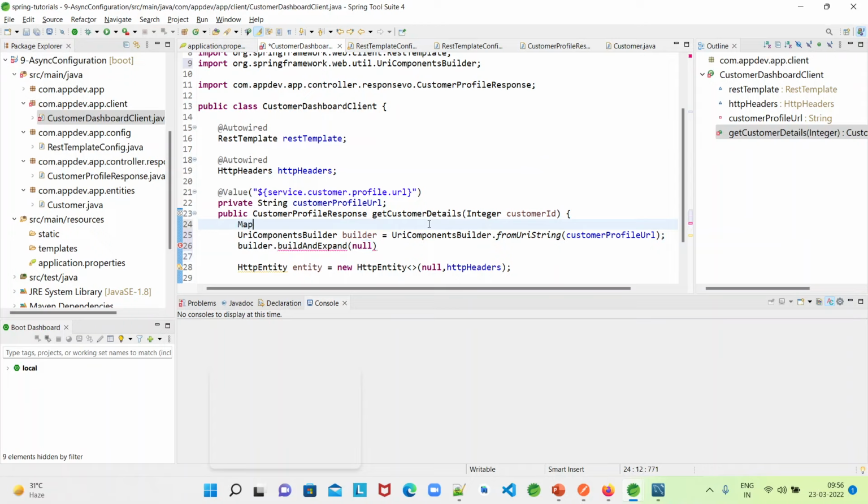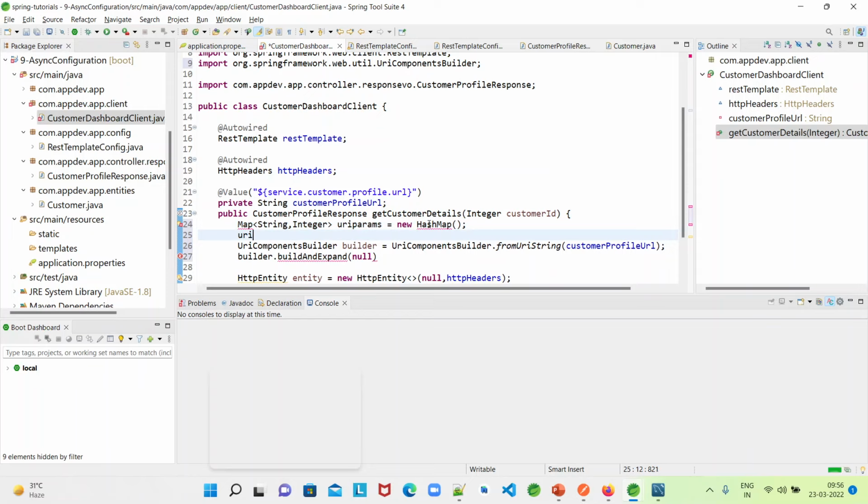So I'll mention a map, a map of parameter name and the value, which is an integer. URI params, I'm just initializing a map here. URI params dot put, the parameter name in the URL is customer ID. I want that to be replaced with whatever I get from the client. Now this URI params I have to pass here